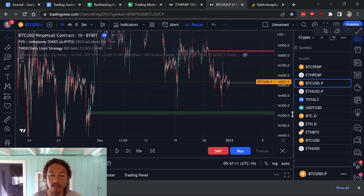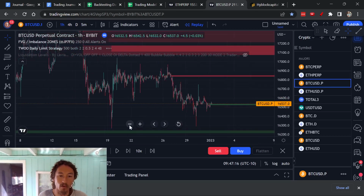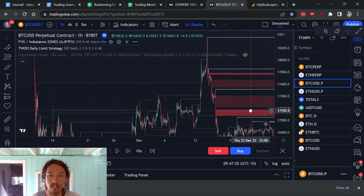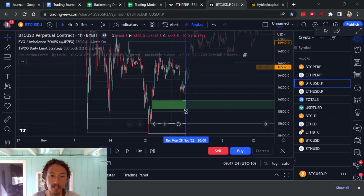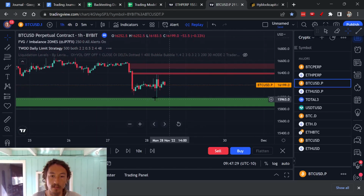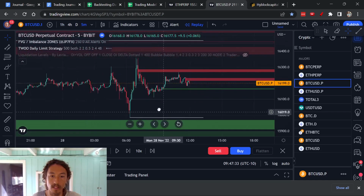Now, an inside ladder, first or second rung is ideal. And then if I want to add more, I could do breakout. But yeah, first inside rung is ideal. Guess here's another example. Okay, here's our liquidation candle. We can definitely